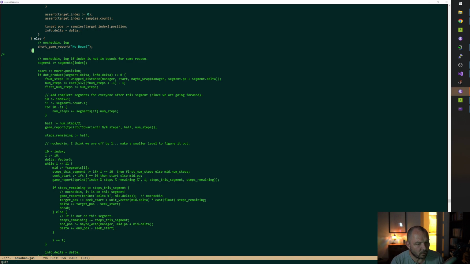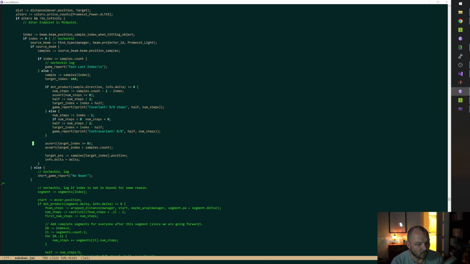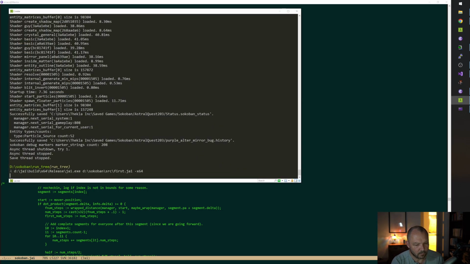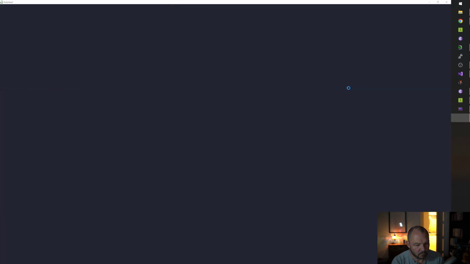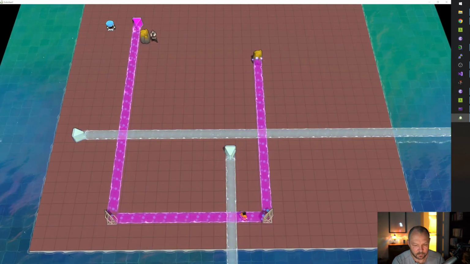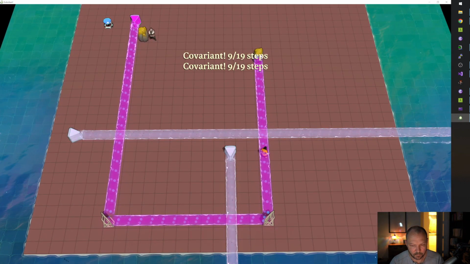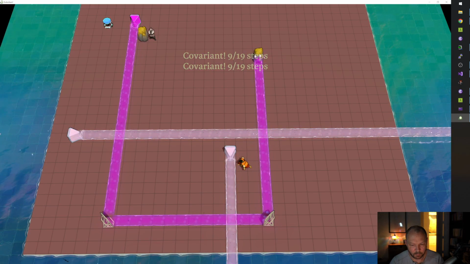So I believe we have our mover dot position. All right, so info.delta equals target pos minus mover dot position. All right. Bing, we went maybe halfway, we'll see.